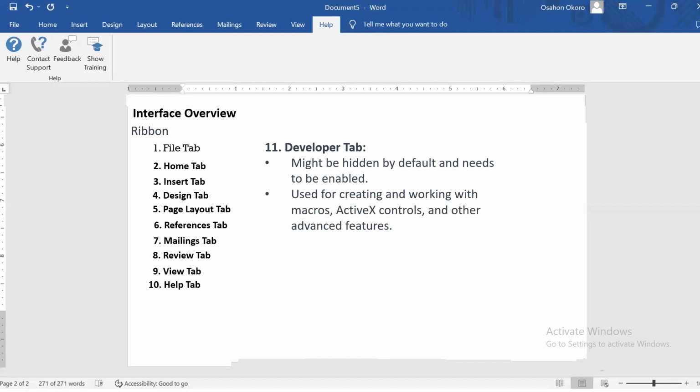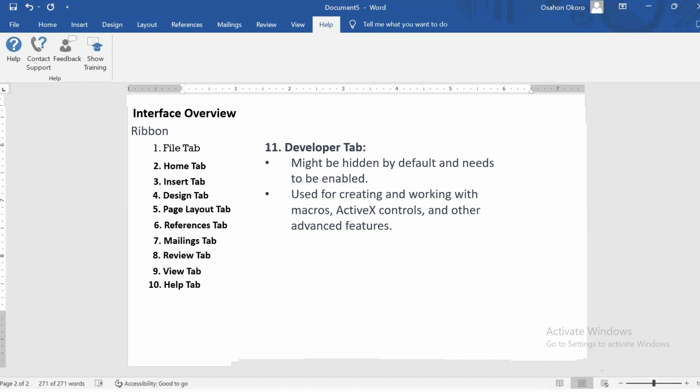Take for example, I'm just talking now. I've spoken about the file, the home, the insert, the design, the page layout, the reference, and all that. But how do I know that the person that was listening to me, or the person that will listen to this video thereafter, actually understands what I'm talking about? There's no way I will know if I don't have a review question to give to the person. That review question is in the form of a form whereby the participant will fill it and come back to the person that sent it. And with that form, I'll be able to know